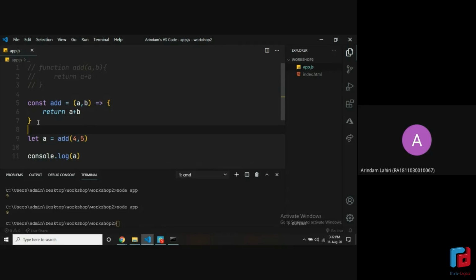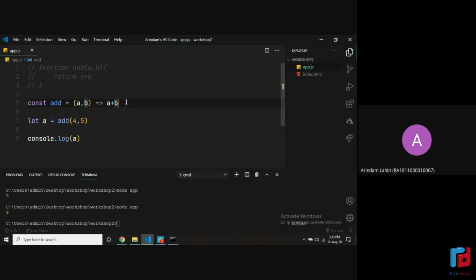Now, one advantage that these kind of functions got us was that inside this function, we only have one line of code. That's all we are writing, and we are only returning it. So there's a shorthand for writing this. Shorthand means basically you can think of it as a shortcut. You can just remove the curly braces. You can remove the return keyword.